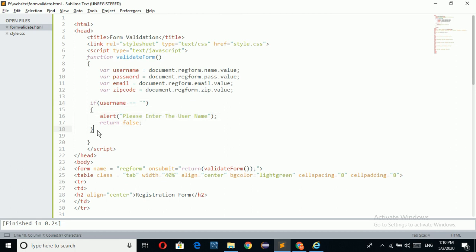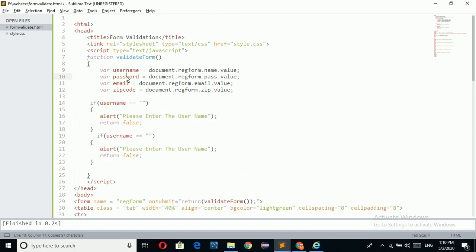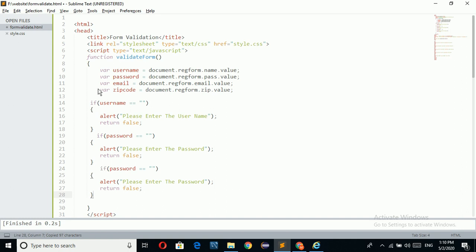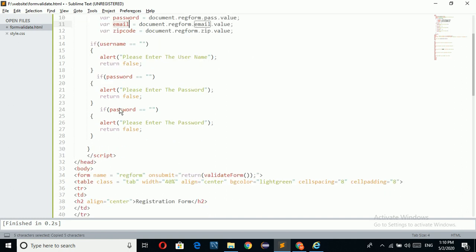Now I am going to write the validation for all. I take the password field, please enter the password, changing the message, and I am going to write for email also. Here take the email, and if email equal to empty, it displays please enter the email address.